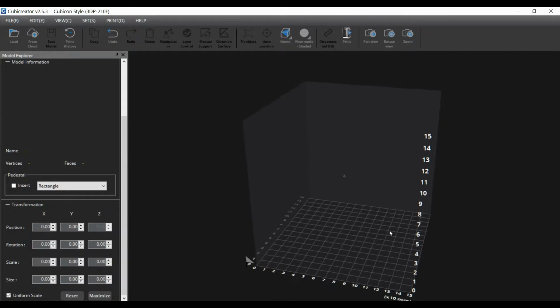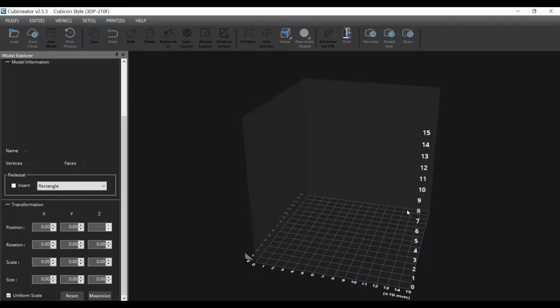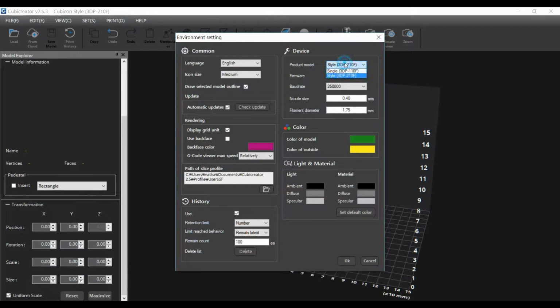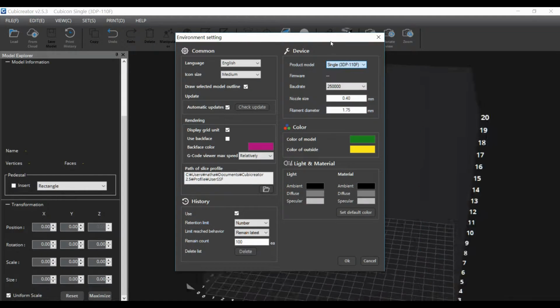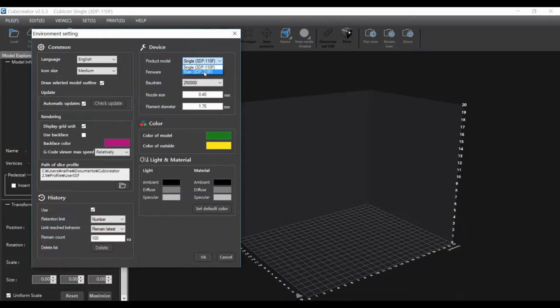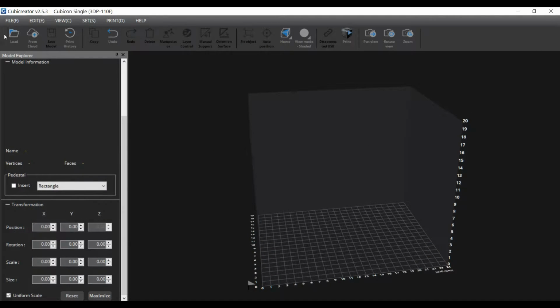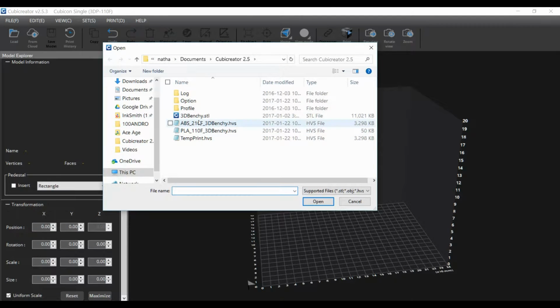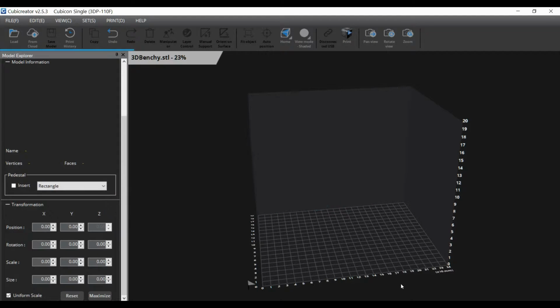Now right now I have it set up for the Style, but if you want to set it up for the Single, or if you want to switch between the two, you click on Sets, Environment Setting, and under Product Model you can switch between the Single and the Style. So right now I'm going to set up a print on the Cubicon Single. We're going to click Load to bring in our STL file, and in this case I'm bringing in a 3D Benchy,